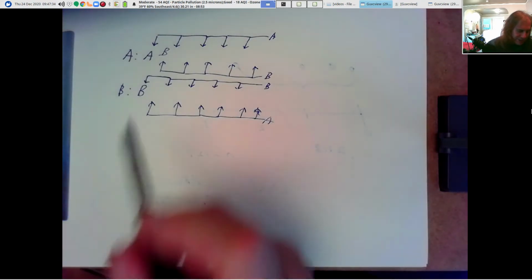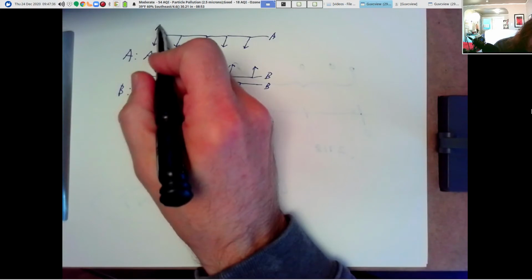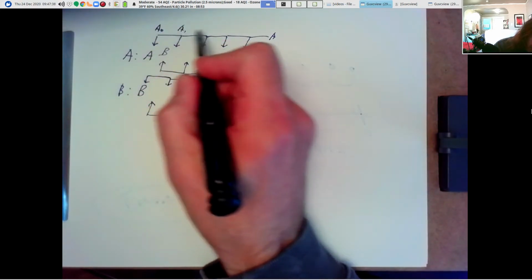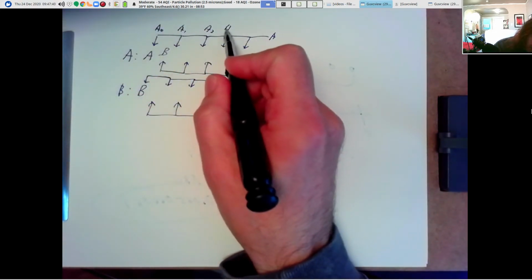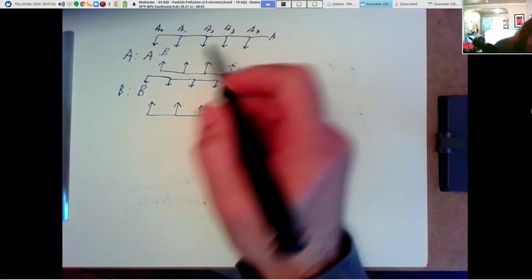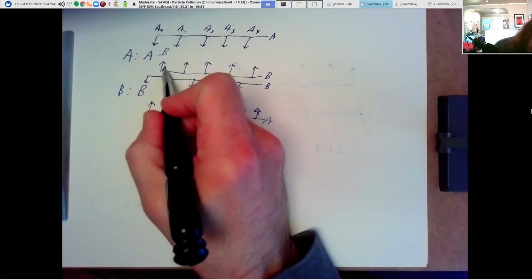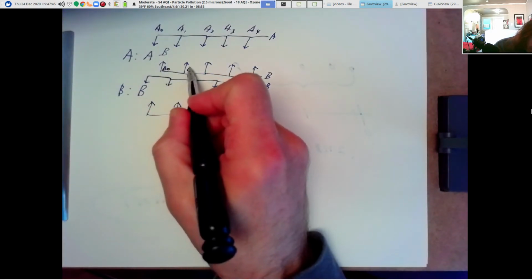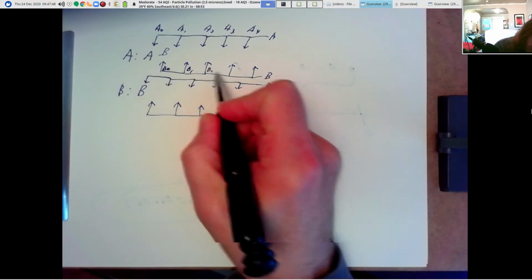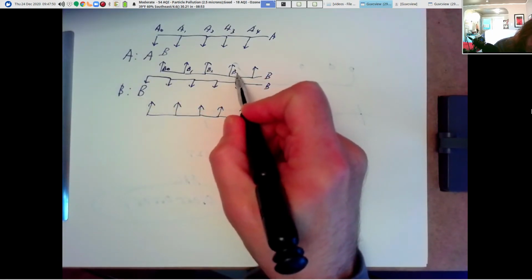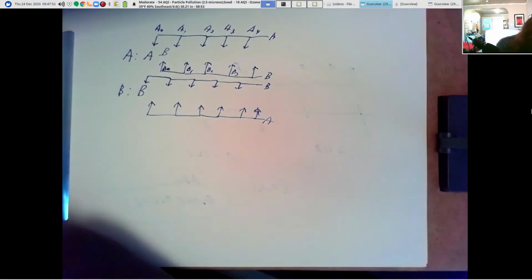All right, and let me label these. So this will be A0, A1, A2, A3, A4. This will be B0, B1, B2, B3, and B4.